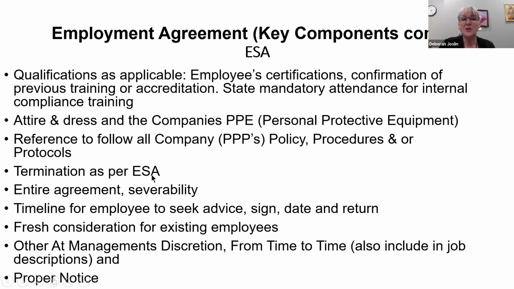Make sure that you outline attire and dress, making sure that people understand what is appropriate, whether that's casual dress, whether that's wearing promotional wear, whether it's uniform, making sure that you include that, as well as a list of the personal protective equipment that's required that would go into the job description. So employers are not required to provide all PPE, personal protective equipment. They're required to provide a list for employees of what they need to wear on their body as basics.